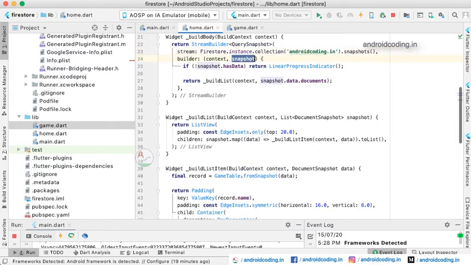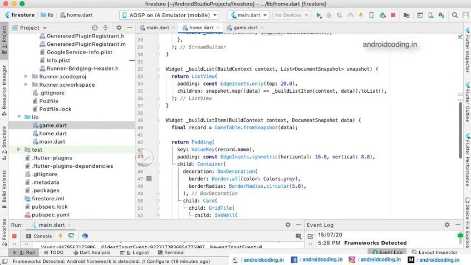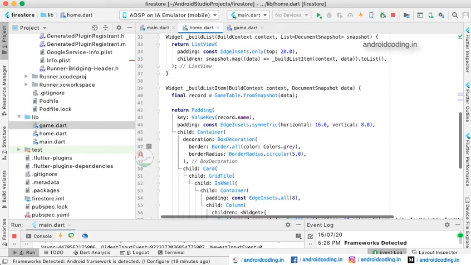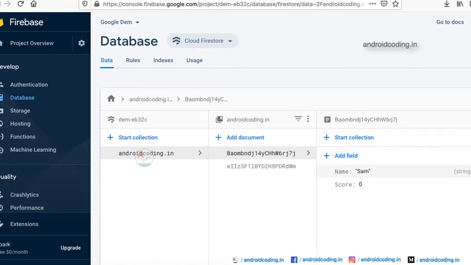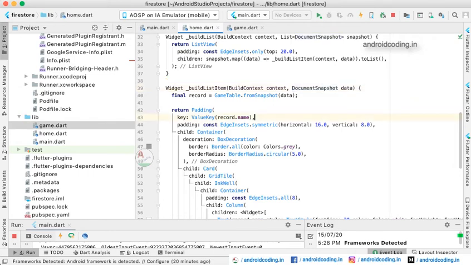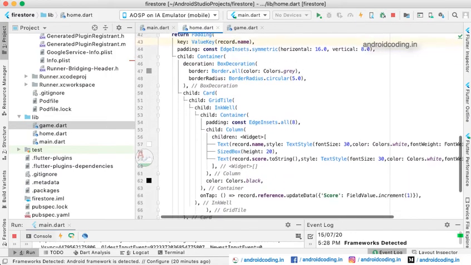So here with the help of snapshot we will be processing the data and we will be returning the list of the data, and let us process the list here. So this document snapshot is used to retrieve the data. Whenever we make any changes in the document, for suppose when you go into this particular document you will have an edit and delete option here. Whenever you make any operation, it will automatically reflect on your screen with the help of the document snapshot. You will see in the example how this works.